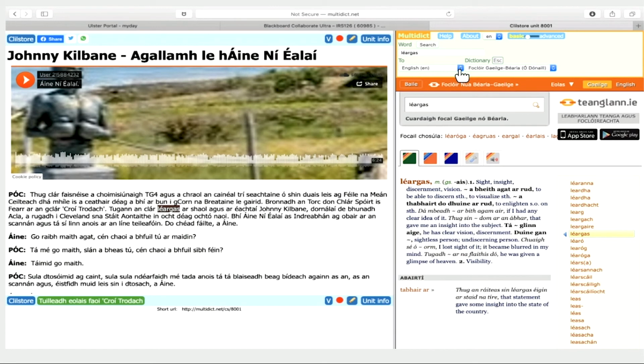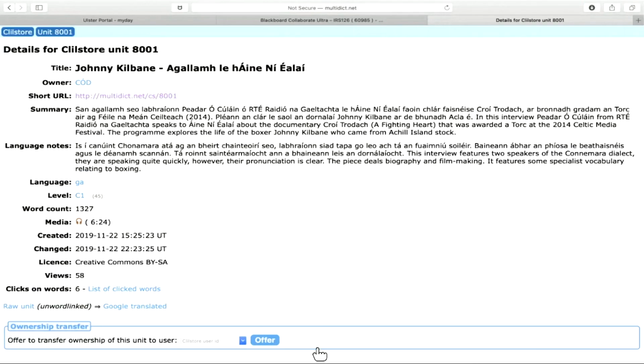We will now look at the unit info, which contains the metadata for this unit. Here we see the unit number, the title, the author details, a direct link to the unit, a summary that has been provided in Irish and English, language notes that have been provided in Irish and English, the unit language,